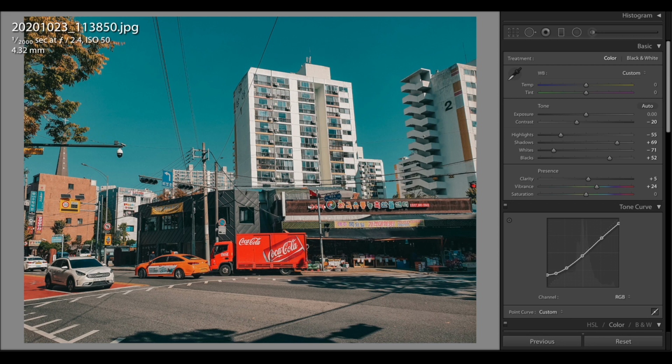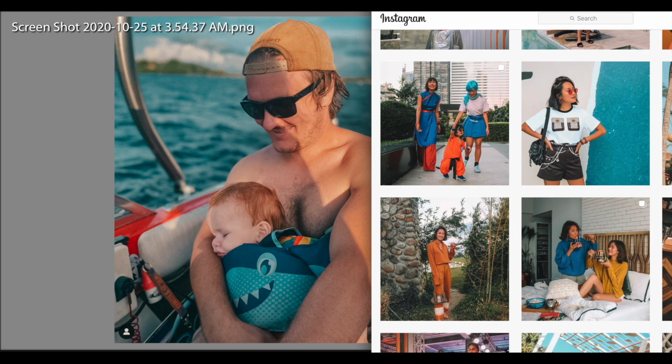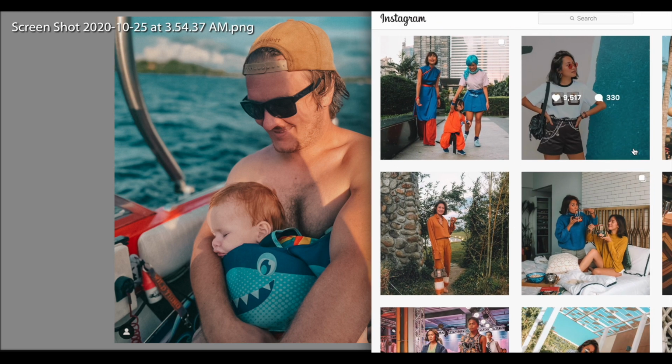Let's go ahead and try this preset. I always advise you guys that play with the basic settings after applying the preset. Your photos are different from mine,